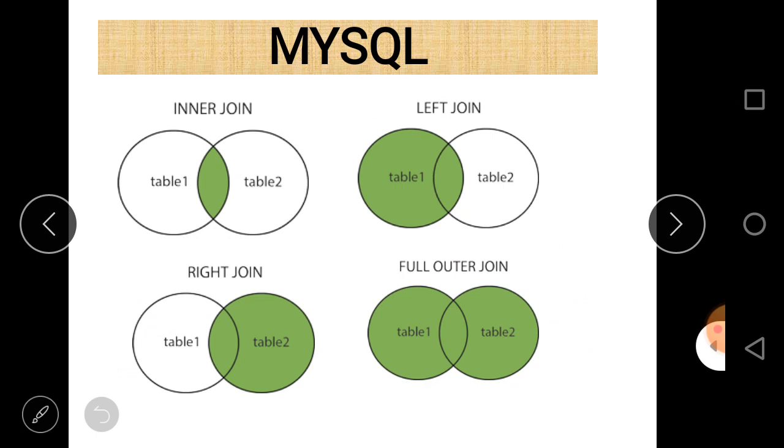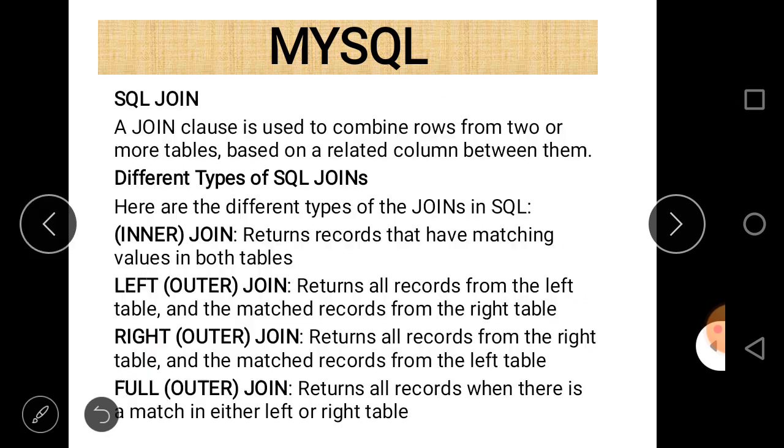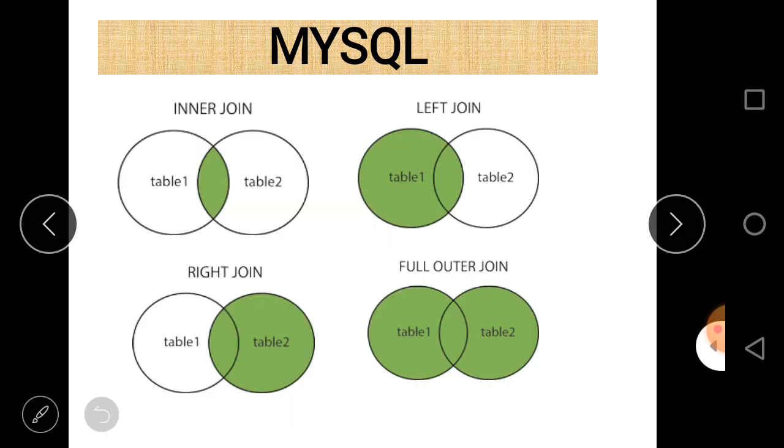You can see here the pictorial representation of inner join. So this area is selected. In left outer join, the table on the left-hand side is selected as a whole area, and the matching records in table 2, the right table. And right join is, we can say, just the opposite of the left join.